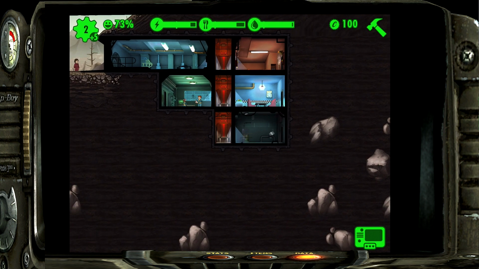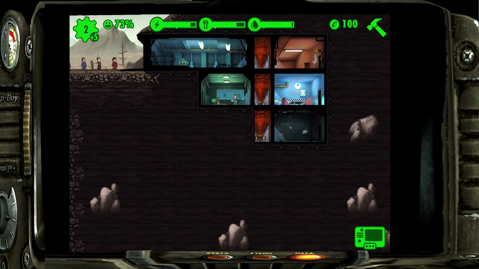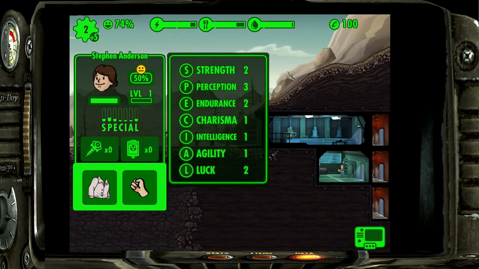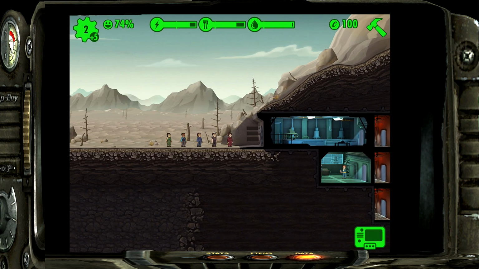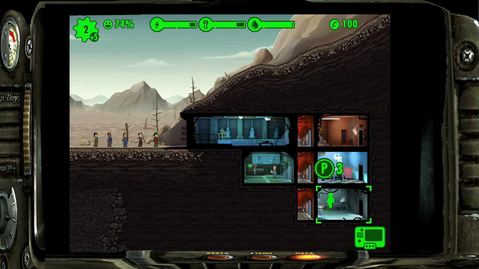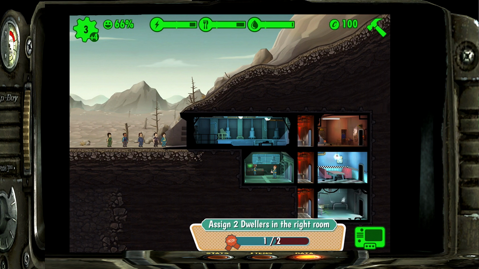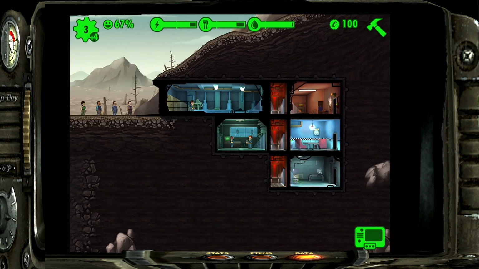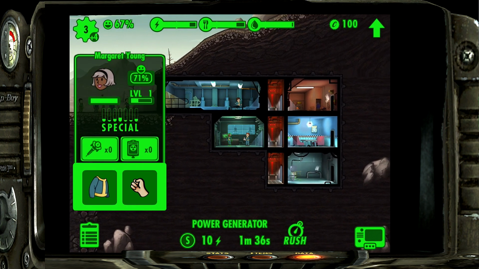And again, the reason that we are doing this is just because we want to be able to double up some of these rooms. And I'll be showing you guys kind of how to do that. So this one's going to be perception of 3. She is going to be very helpful. You want to put perception into the water treatment. And the agility is the diner. And strength is the